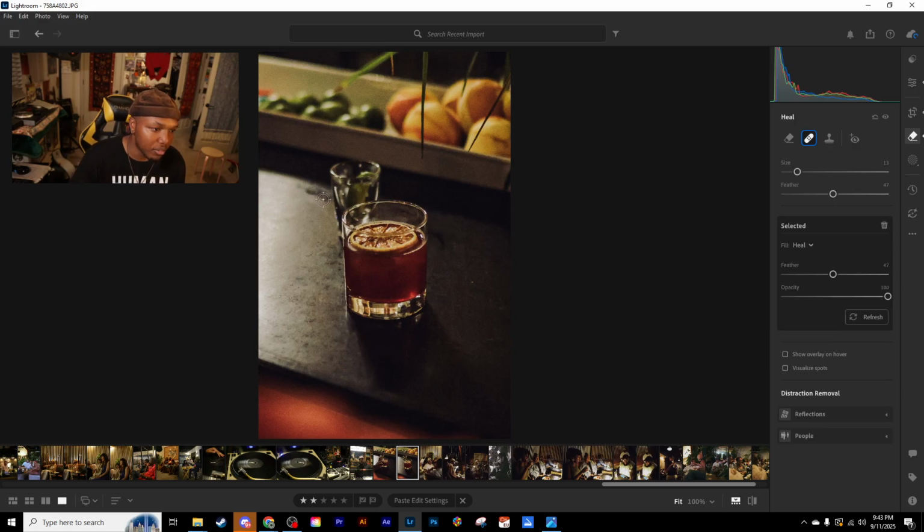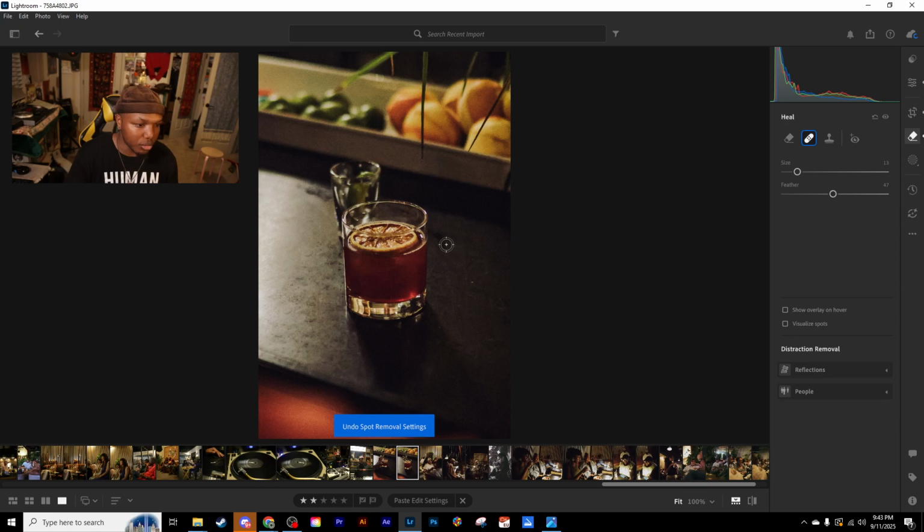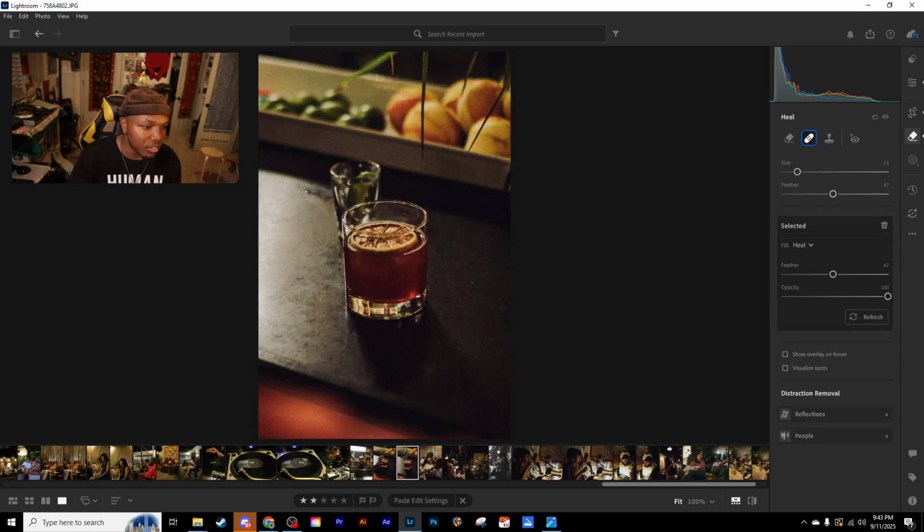Bam, good enough. This one's not super distracting, but it's good. It's distracting enough to where I want to get rid of it. It doesn't work. Yeah. So sometimes it's a matter of just popping in, messing around, doing different stuff, and sometimes it works, sometimes it doesn't, and sometimes you might need to make an adjustment to help it work